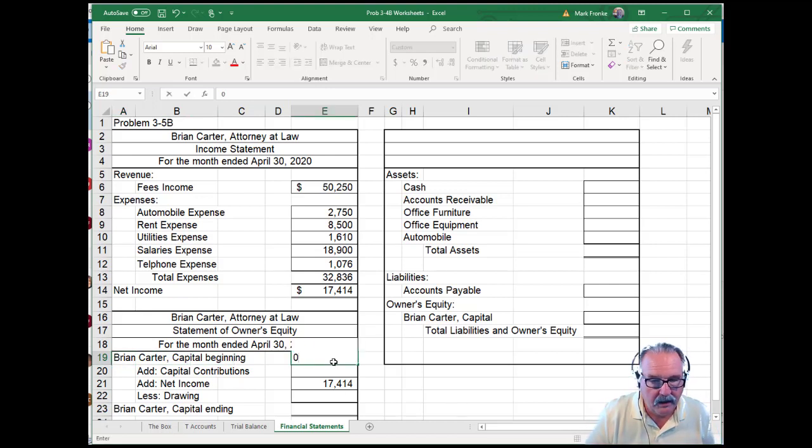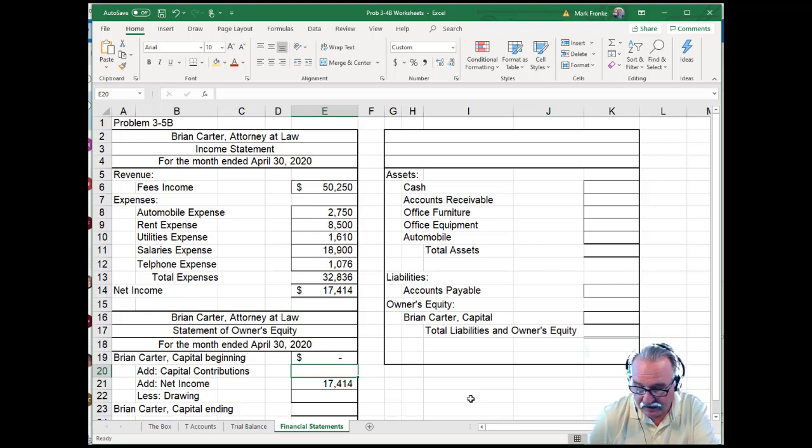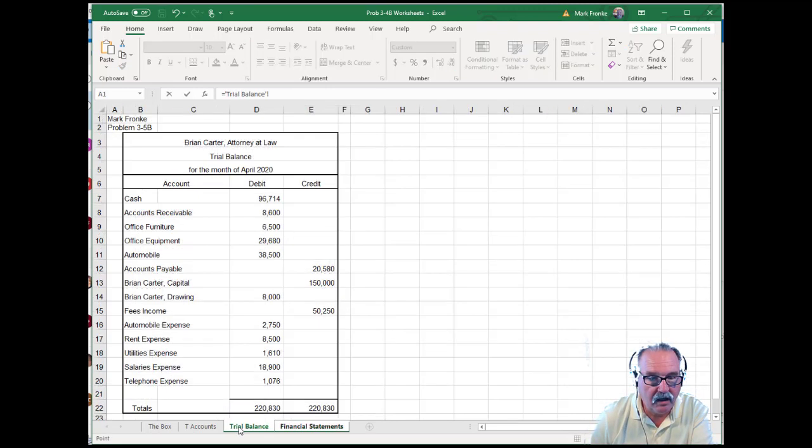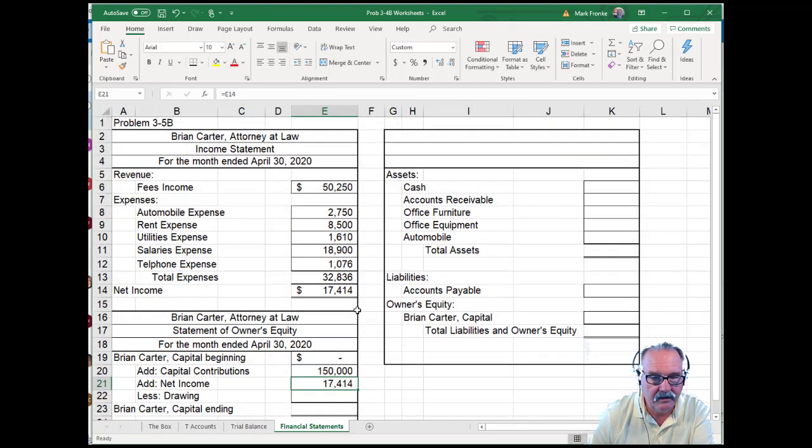So we had 0 as the beginning, and again, even though it's 0, I'm going to put a dollar sign there because we're going to have a pair of dollar signs, and we started with 0. Then we had a capital contribution, and I'm going to link that to the trial balance for the capital account. In this case, because it's a brand new company, the capital contribution that Brian Carter made at the beginning of the month made equity go up and made the cash account go up,